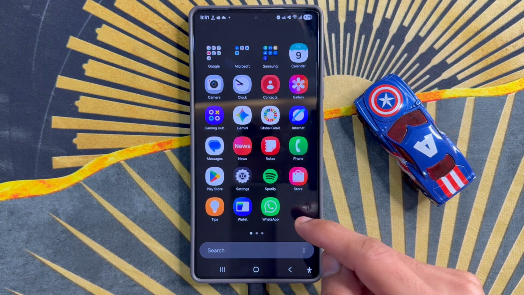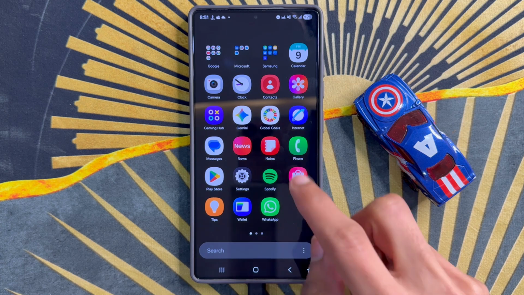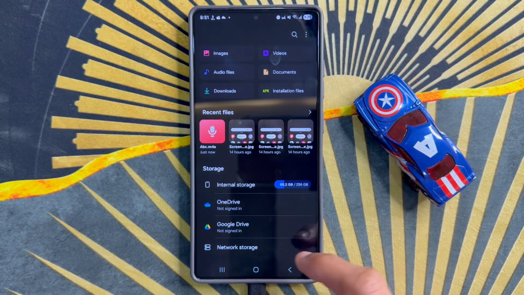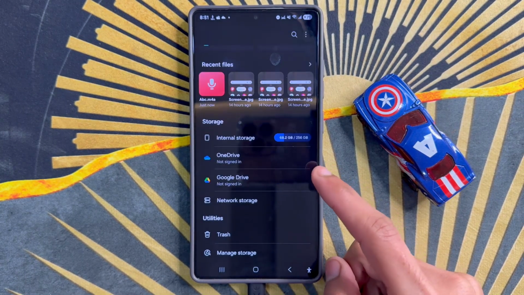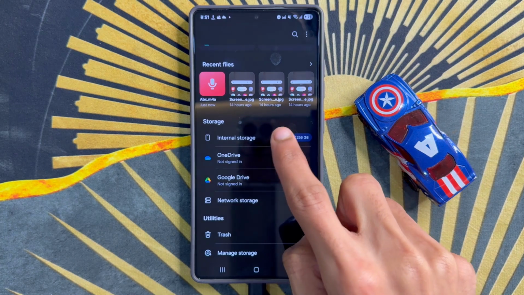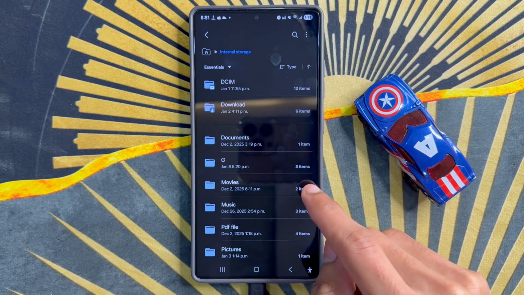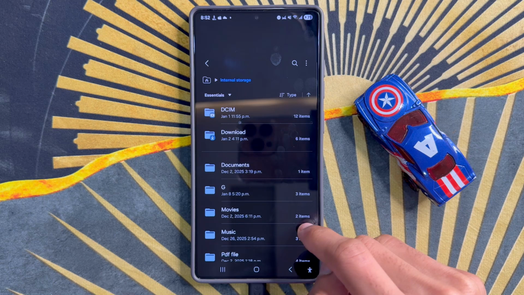Here, click on My Files app. After clicking on My Files app, scroll down. You will see Internal Storage, click on it. After clicking on Internal Storage, scroll down